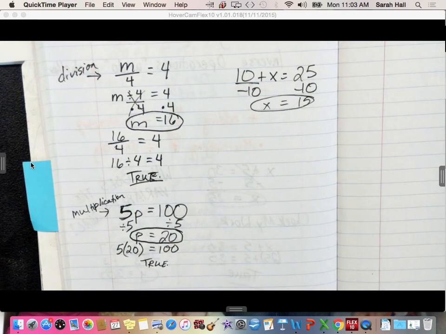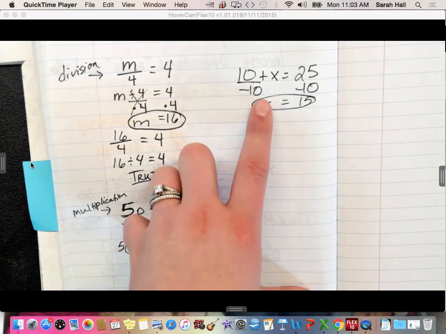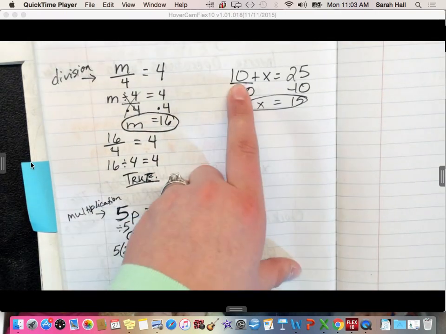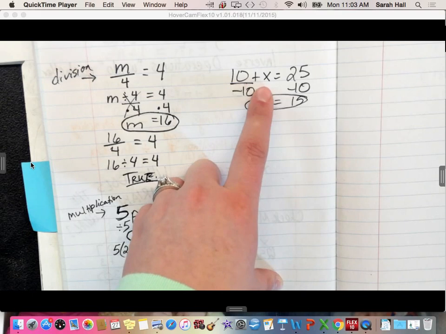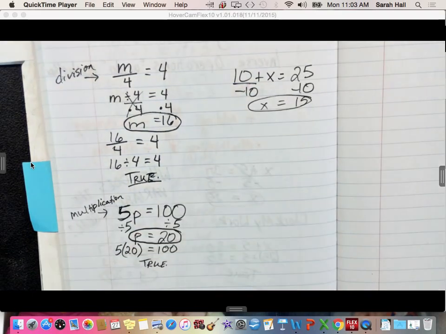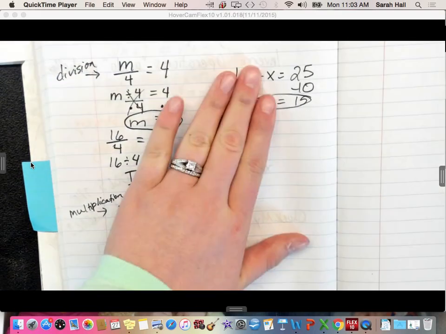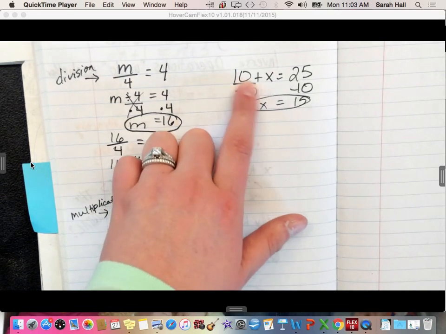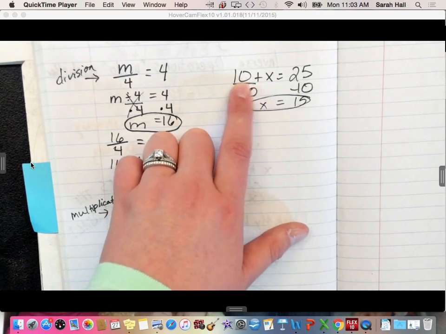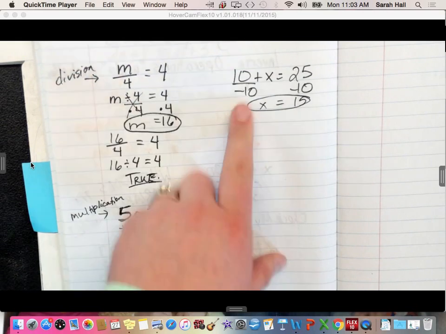Dylan, why did I not do x minus 10? Because this is a positive 10, not a negative 10. And I want x to be by itself. I don't want to take the x away. I want to make it alone. So the way that I would make that alone is saying, okay, this is adding 10. It's a positive 10. So I need to get it to go away, and I need to do that by